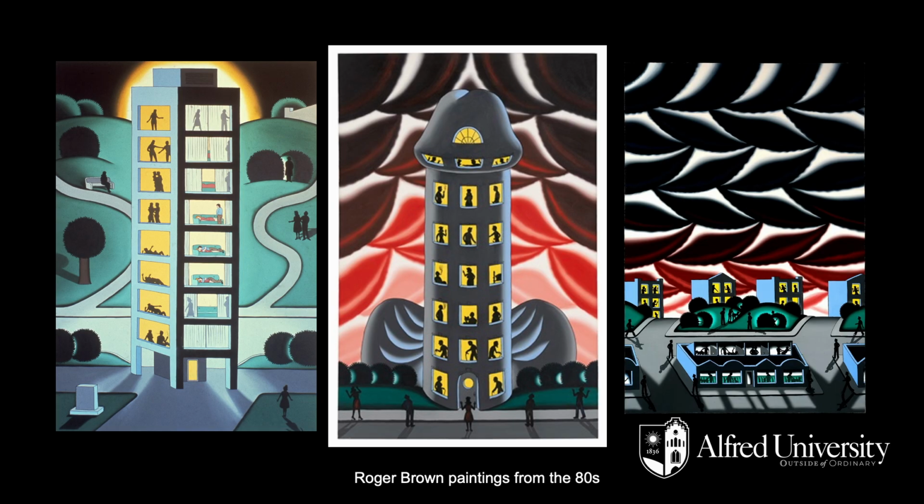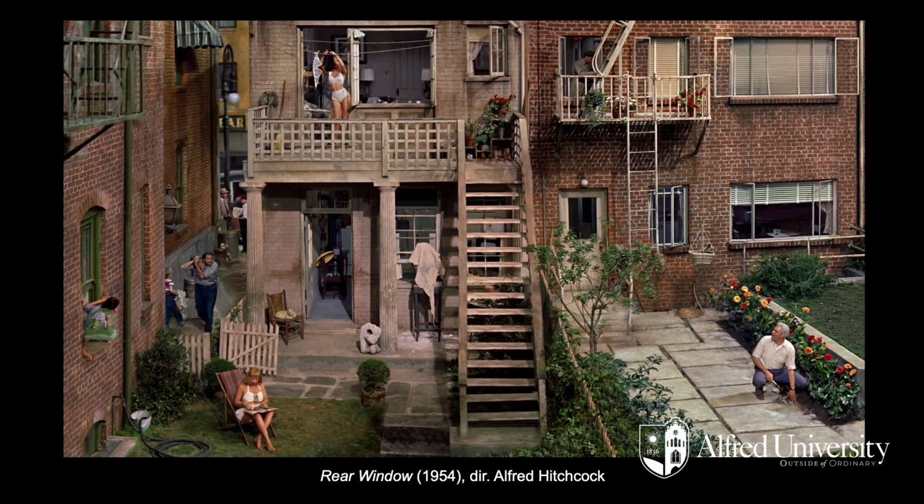Roger Brown treats buildings like stacked frames. The viewer moves across the surface while the structure stays rigid. Repetition becomes the perspective. Space is intimate and vast at the same time, and movement happens through scanning and not really illusion. In Rear Window, the building reads like a canvas, a grid of windows, each one a frame within